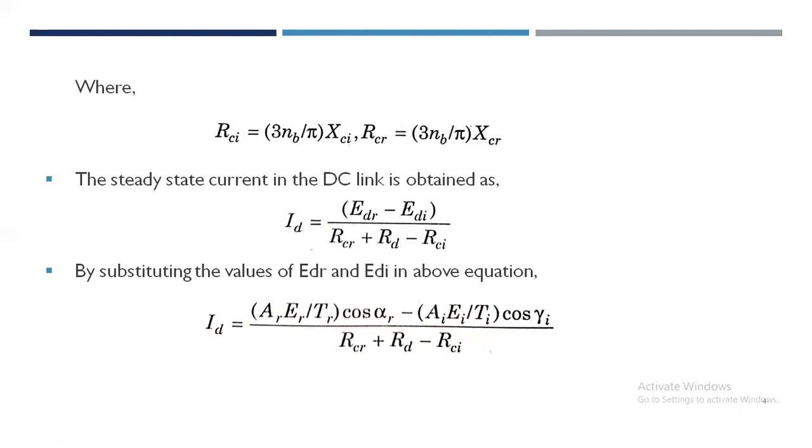As the denominator of this equation, the last equation, is small, even small changes in the voltage magnitude ER or EI can result in large changes in the DC current. If control variables are held constant, as the voltage changes can be sudden, it is obvious that manual control of converter angle is not feasible. Hence, direct and fast control of current by varying alpha R and gamma I in response to a feedback signal is essential.